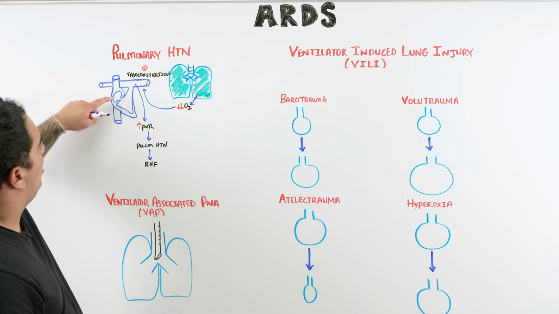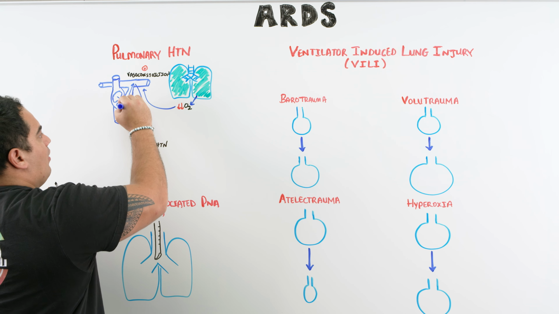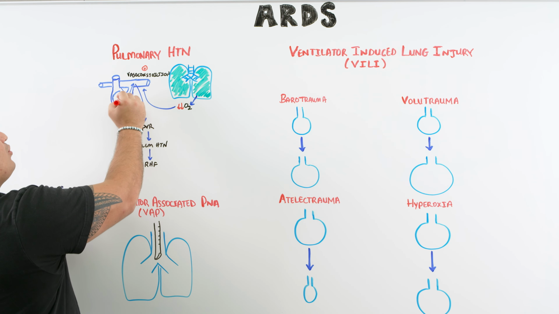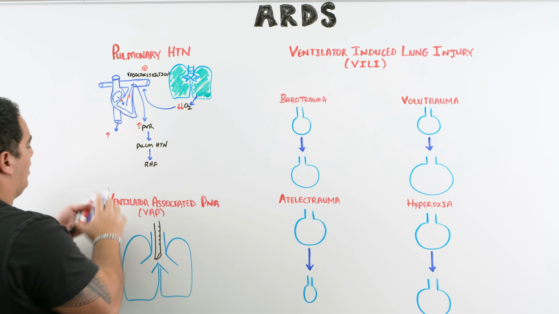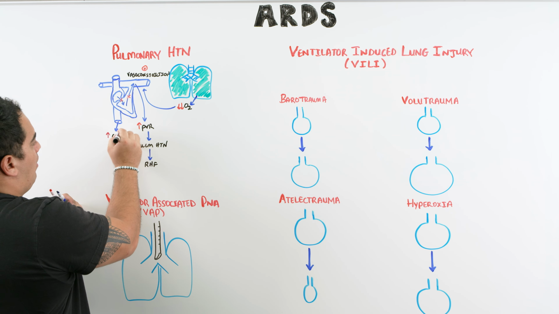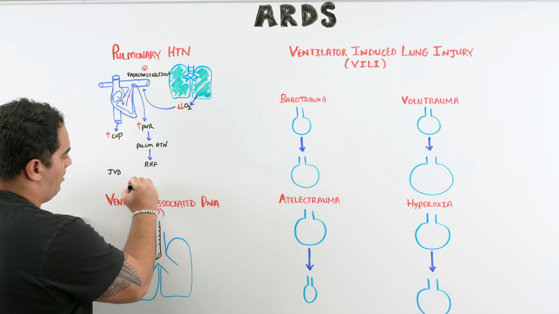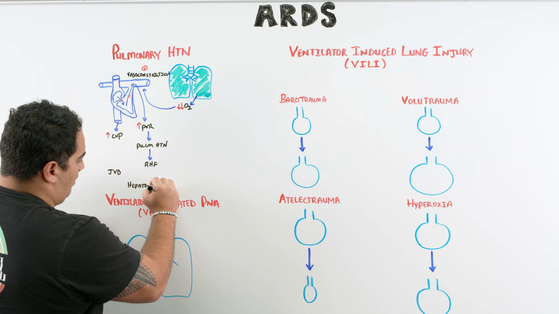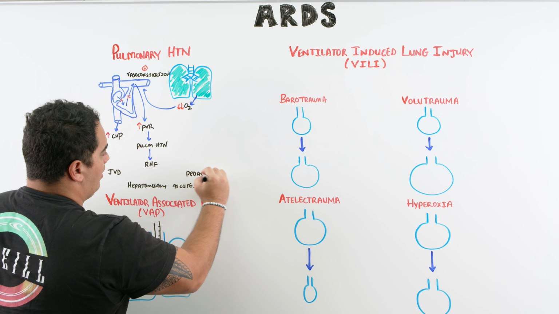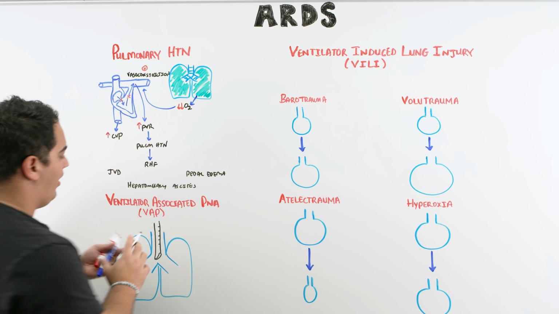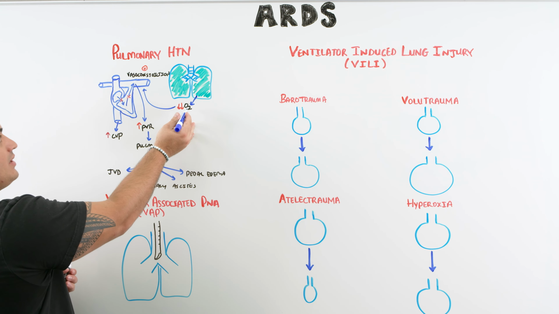How does that look? Well, if the right heart fails to pump blood forward and it can't fill, in these particular scenarios the central venous pressure begins to rise, and the blood will back up via the vena cava. If it backs up via the vena cava, what will that look like? Well, one thing is it can cause jugular venous distension. It may cause hepatomegaly. It may cause ascites. And it may even cause pedal edema. So there's potential of right heart failure precipitating these findings in a patient who develops severe ARDS causing intense